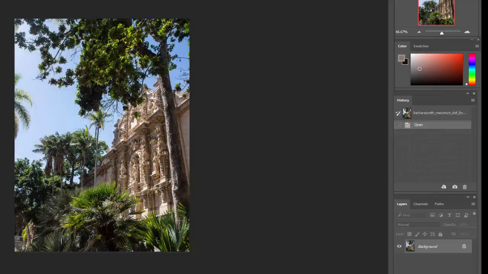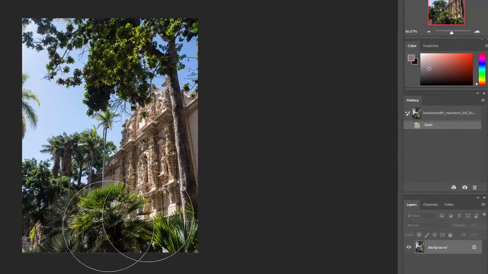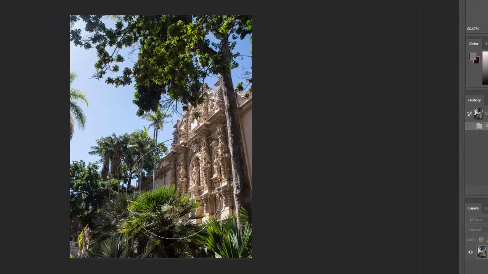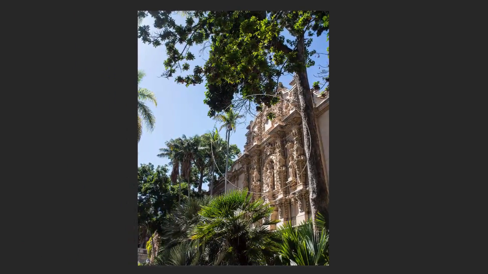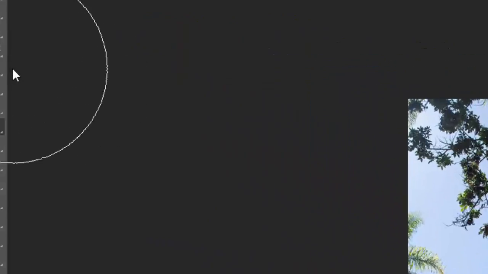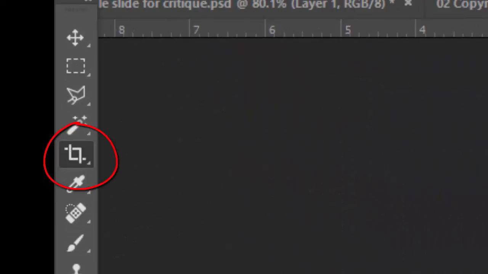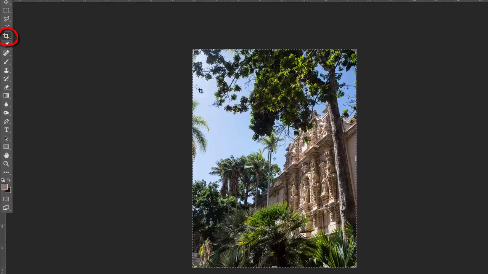Here we have another nice shot from Balboa Park with this monumental thing. The student who did this said that they liked the idea that this may look like some old ruins in the jungle, and I think that really works with this. What I would probably do is emphasize that a little bit more, and one of the starting ways I would do that is to crop it a little so that we don't have so much of this area that's an